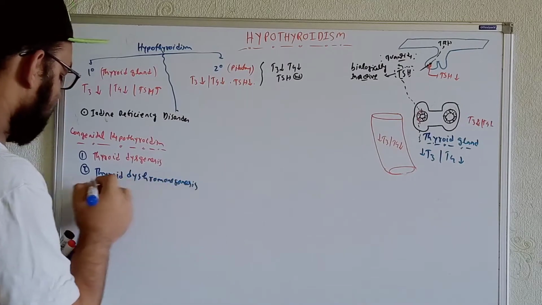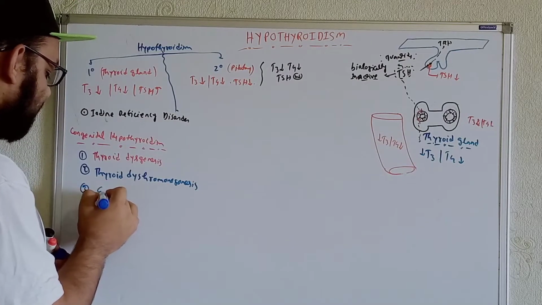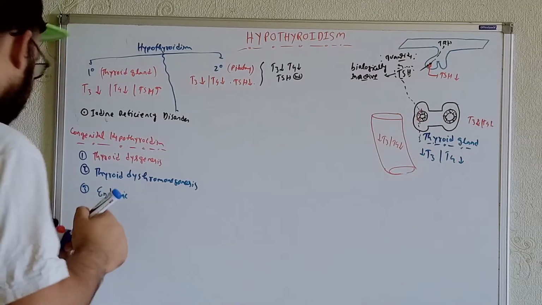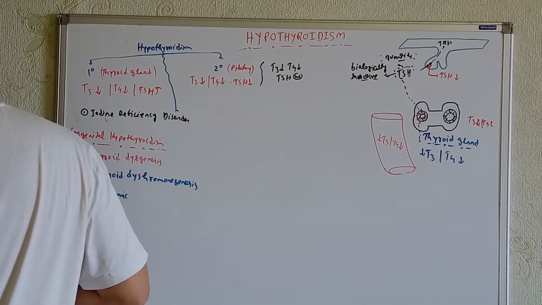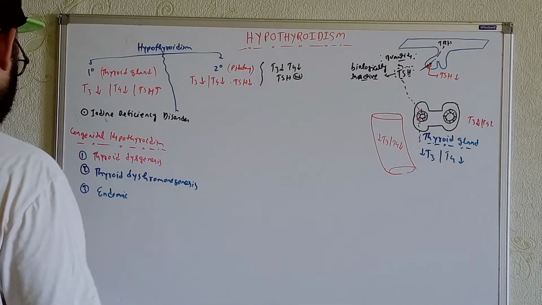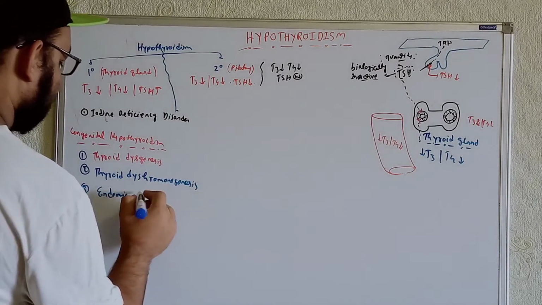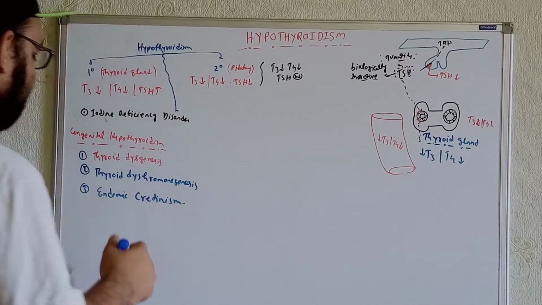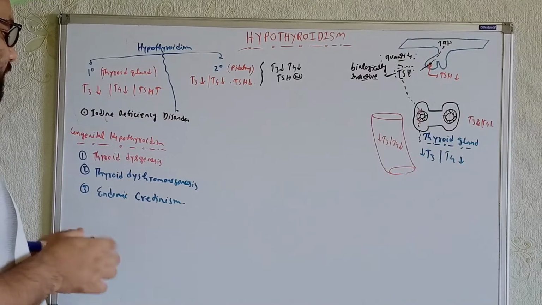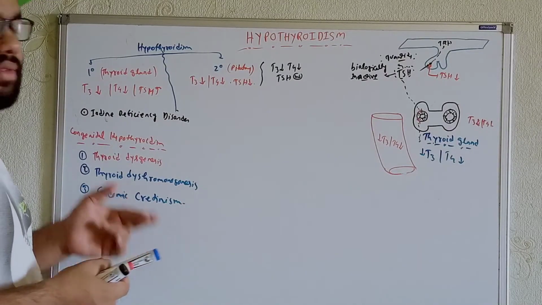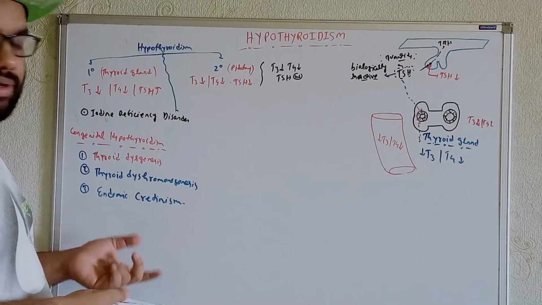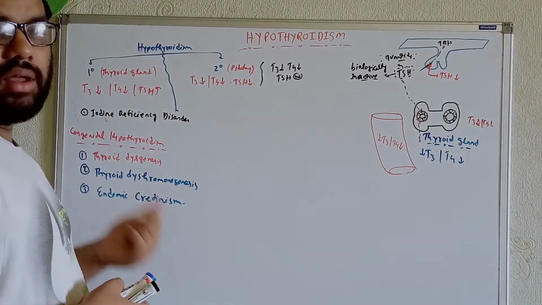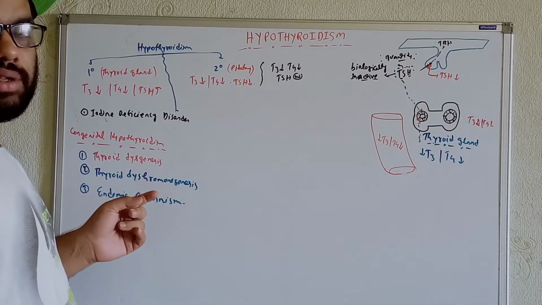Or you can say endemic goiter. Let's use a different color and write a different name for it. Cretinism for the babies we can use. Endemic cretinism. We can get endemic cretinism in terms of pregnant mothers, and if they have less T3 and T4, a lesser amount of T3 and T4 will be delivered to the fetus. As a result, we can see this. So if the question is asked, what is the reason for developing hypothyroidism within the neonates? Definitely, we are not going to see iodine deficiency.